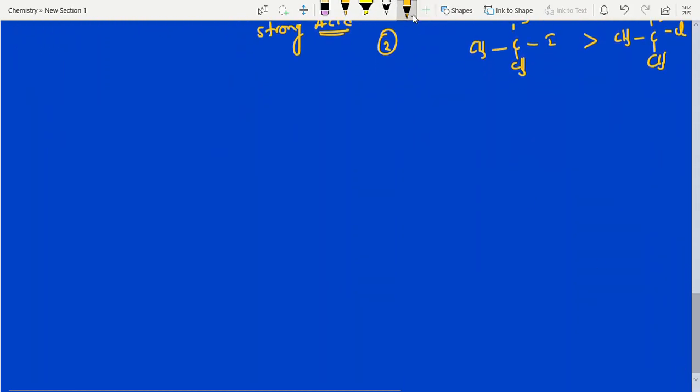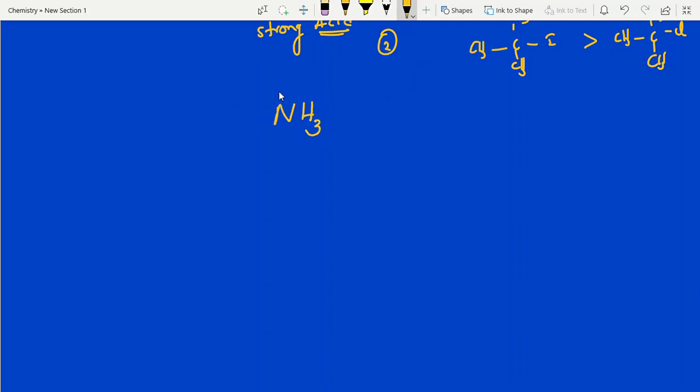Charged nucleophiles are the best nucleophiles. These are basic points, students. If you don't have a basic command here, then in the next reactions, where it follows SN2 or SN1, you will get confused. That's the reason I am explaining this. Look into this one. I will take one familiar example: ammonia.